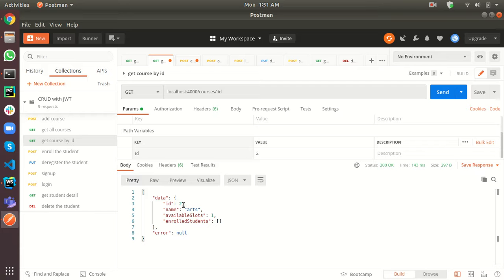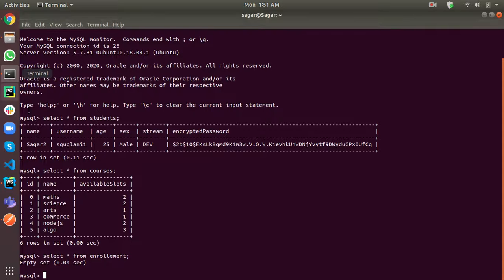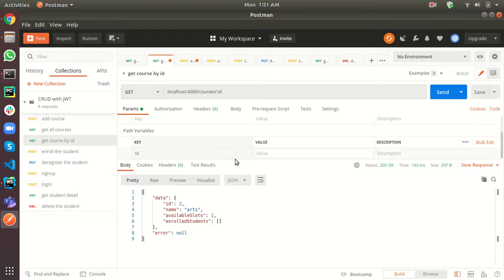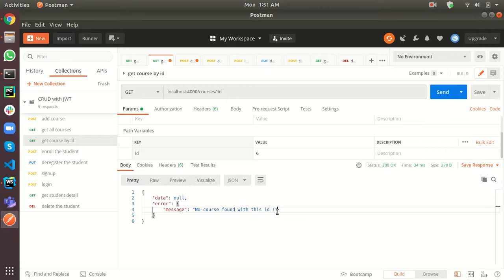So ID is 2, name is arts, available slots is 1, and no student is enrolled. In the database for now we have 6 courses, 0, 1, 2, 3, 4, 5. If I put a bad request, like say I want to view a course with ID 6 that does not exist, we get an error: no course found for this ID.